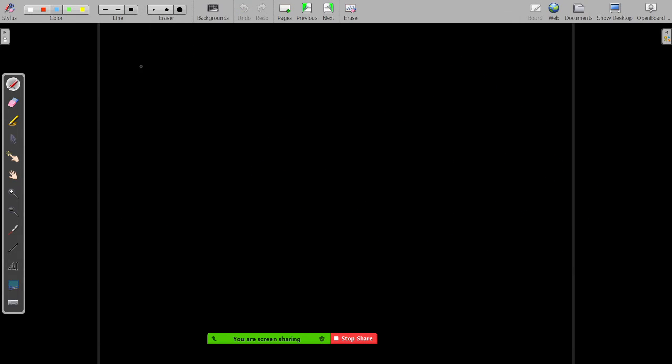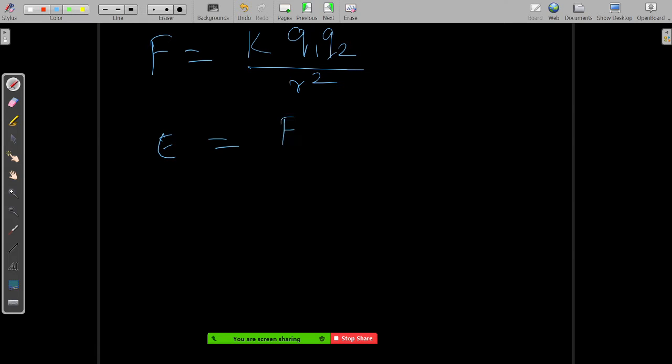Simply said, how you can remember it: electric field is also a vector quantity. The force has two charge elements in it and r square. Electric field is force per unit charge, so it will have only one charge element in it. This way you can remember the formula. K is 1 by